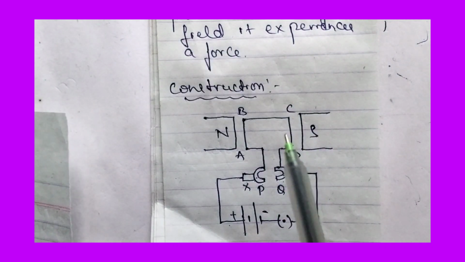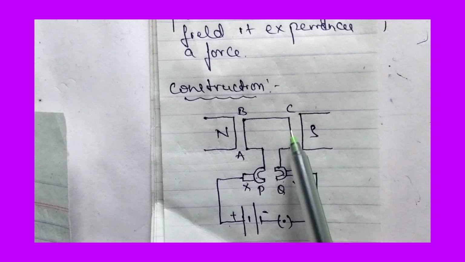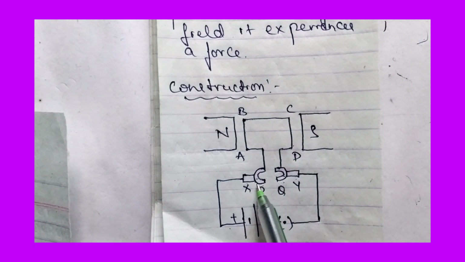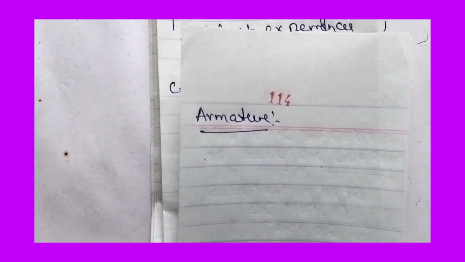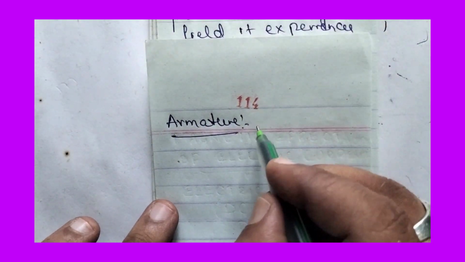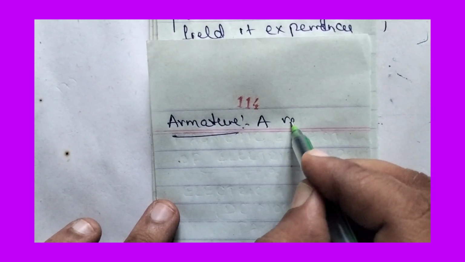So armature means, ABCD is a rectangular coil and XY or PQ are called split rings. A rectangular copper coil together with split rings, that we call armature. So what is armature? Armature is a rectangular copper coil